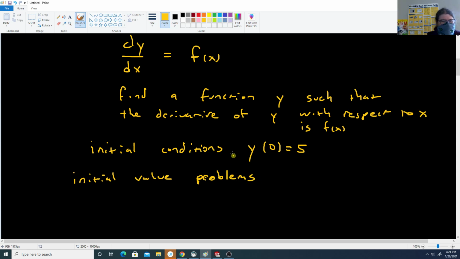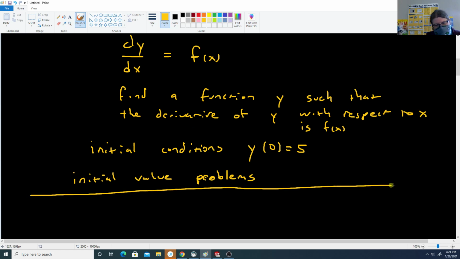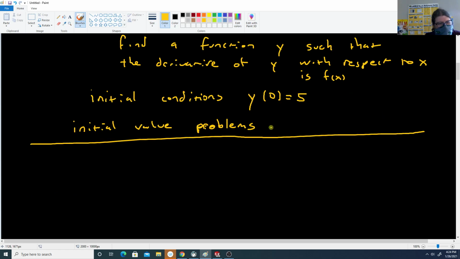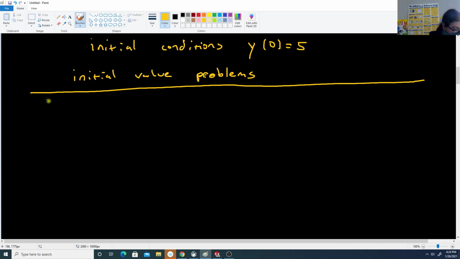Which are basically a differential equation combined with an initial condition. So we're going to take a look at two of these and just kind of talk our way through them and see that they're not too bad. So for this example,